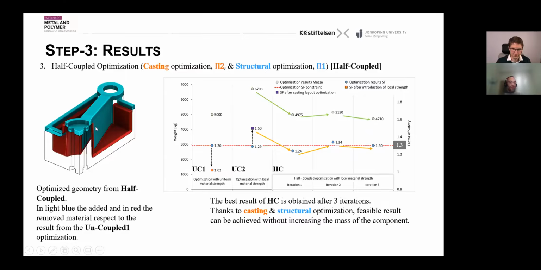Here in the picture on the side, you can see that starting from the uncoupled one, we just removed all this red material that was not useful for our result, and we had this light blue material. So the geometry changed quite a lot, and not in a way we supposed it should change. That was quite interesting. Here you can see a trend from 6,700 down to